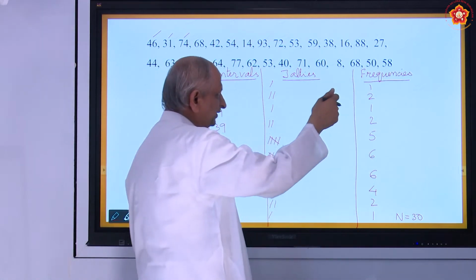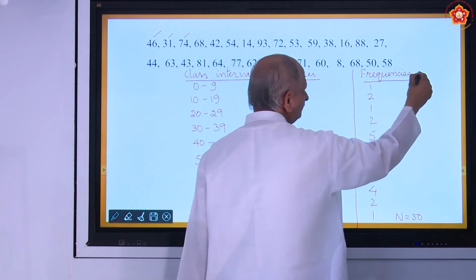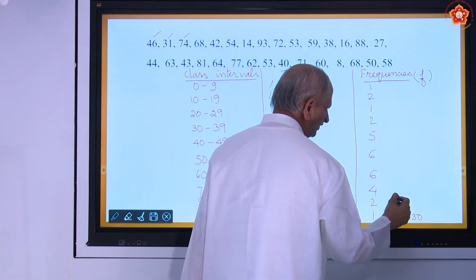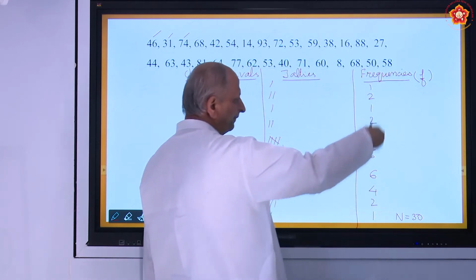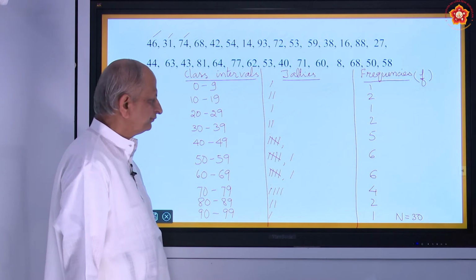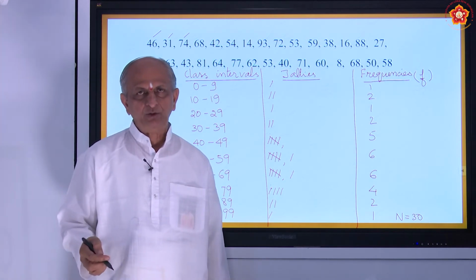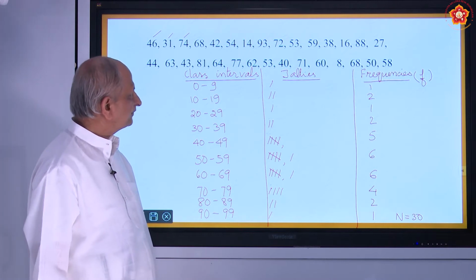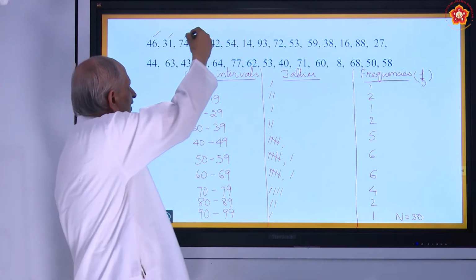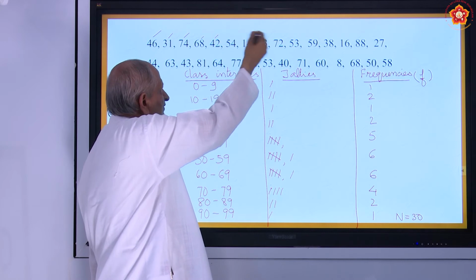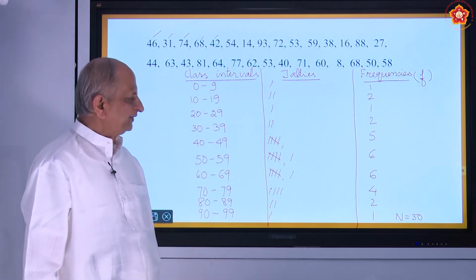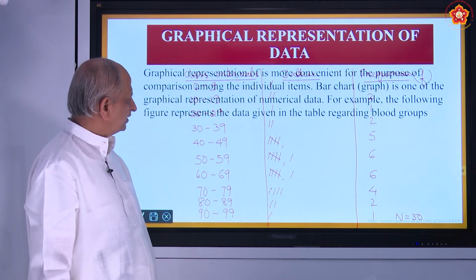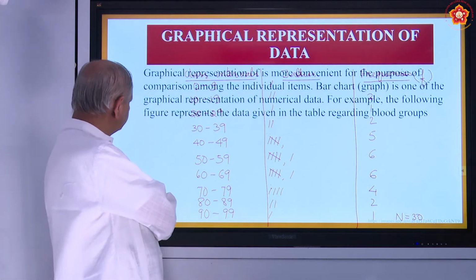This is what you write as small f. We will study that in detail next. So n means sigma of f. Sigma means the sum total of all this f. Is it all right? I think you will note down and write the tallies. And for every mark you must go on marking like this, and then you get the correct tallies. Is it okay? Okay, now coming to the next question.